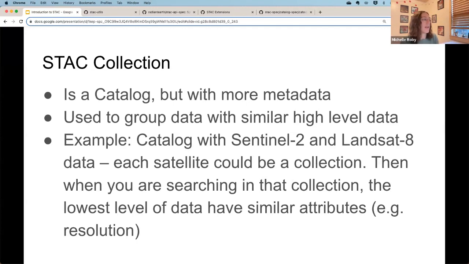So in a scenario in which we had a catalog that had Sentinel-2 data and Landsat-8 data, each satellite could be its own collection. So then when you're searching within that collection, the lowest level data have similar attributes, like the resolution, since Landsat 8 has 30-meter resolution and Sentinel-2 has 10-meter resolution, it'd be ideal for a user to be able to know within a collection that all of the base data have similar attributes.